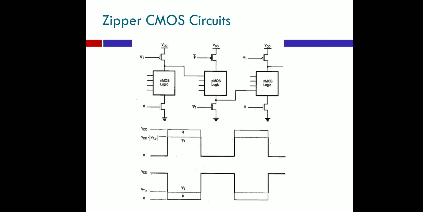See here, you can see the pre-charging happens with clock psi 1 and evaluation happens with phi. Okay, phi and phi bar, psi 1 and psi 2. See here, the pre-charging happens with psi 1 and pre-discharging with psi 2 and evaluation with phi and phi bar. So that is the only difference with this NORA kind.